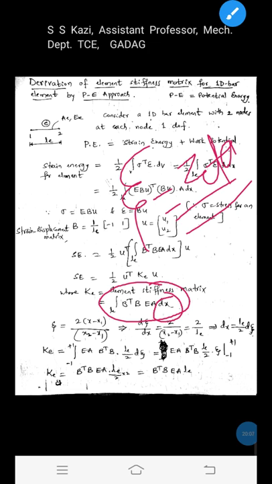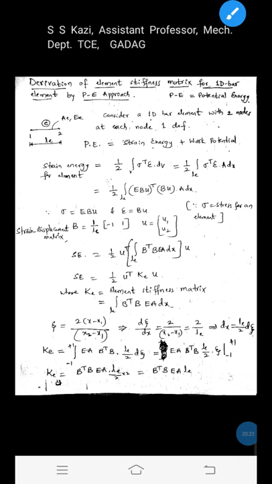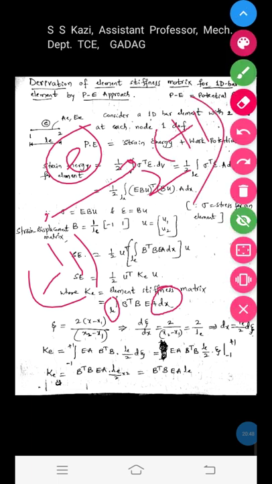In another video we have also discussed the natural coordinates. Zeta is the natural coordinate for 1D; zeta and eta are the natural coordinates for 2D. Here we will consider only the zeta coordinate for 1D. Zeta coordinates are dimensionless numbers. Since dx has to be replaced by d zeta, the limits also have to be replaced, from zeta equal to -1 to +1, because for an element having two nodes, zeta is -1 at the left side and +1 at the right side. We will put the limits -1 to +1.